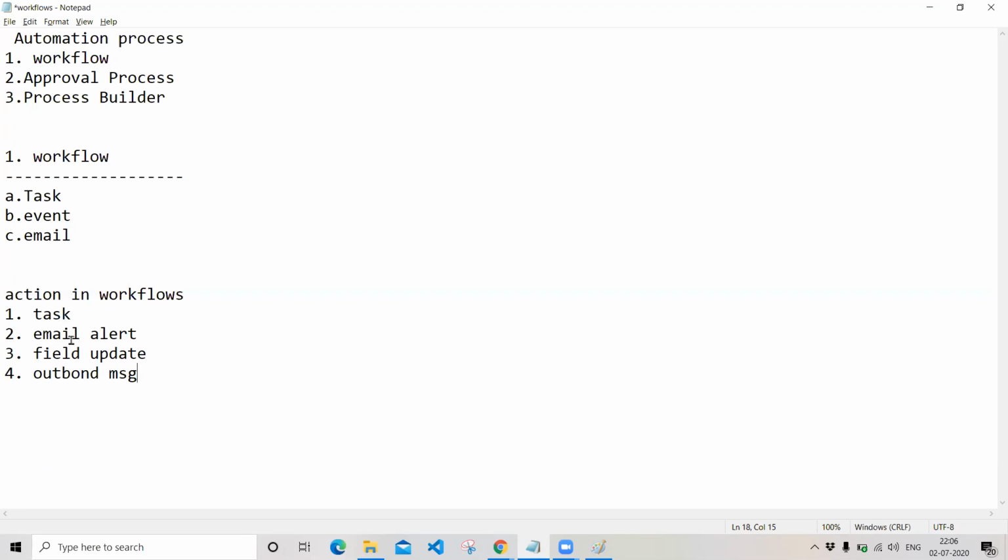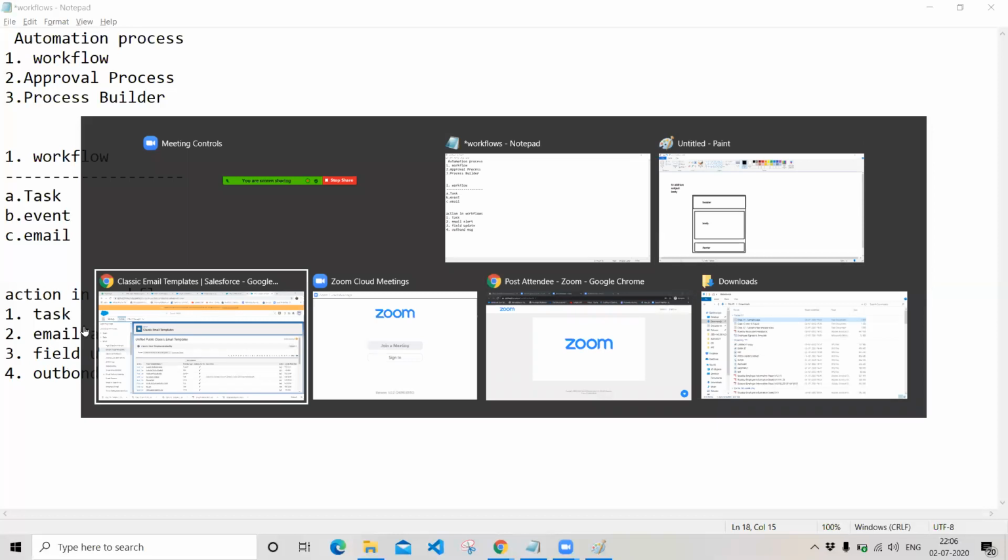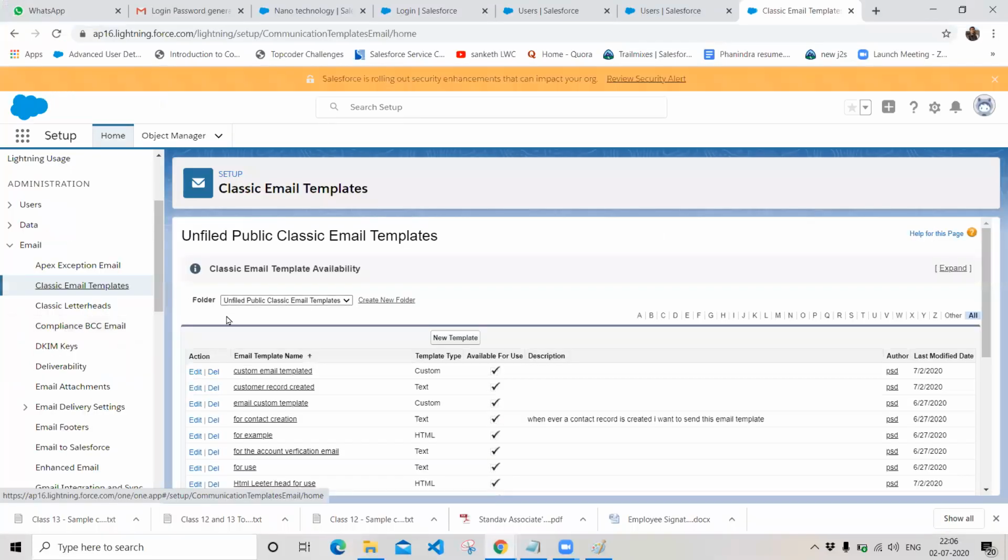So let's go to the workflow rules and see what the standard application available in workflows is, how we can create the task, and how we can send the task to a specific user. So let's go back to our login page, to our organization. So this is our organization.